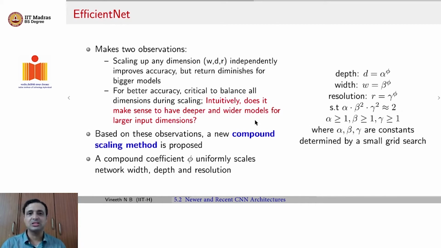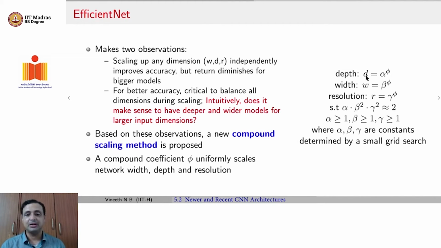And that's why it's known as compound scaling. It's based on one single coefficient, but all your dimensions, your depth, your width, and your resolution all get changed based on that single coefficient. Through a lot of empirical studies, they came up with this specific formulation that you see on the right, which